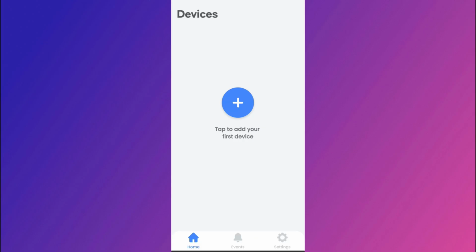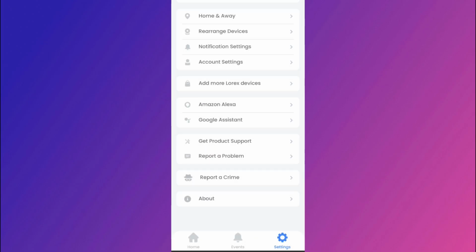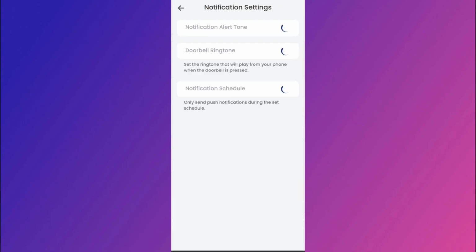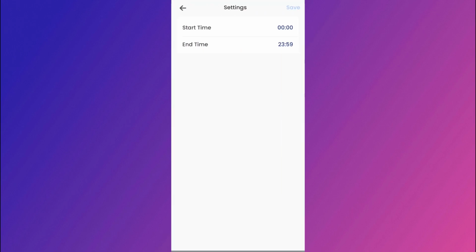Now, when you are inside, you just have to tap on the settings icon in the bottom right hand corner of the screen. Over here, you are going to see the option of device settings. So when you are inside the device settings, you will be shown the option of time zone. So you need to select the option of time zone and then you need to start changing your country, your